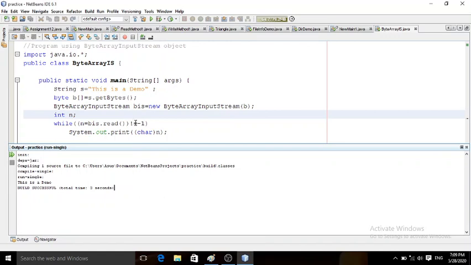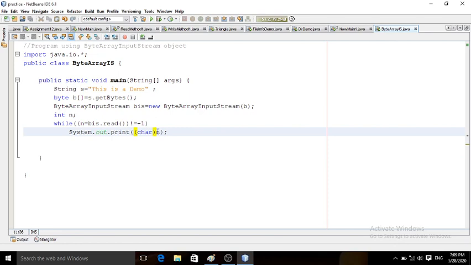At the end of stream it will be indicated by -1, we are getting the value of n as -1, and it will stop this while loop and end the program. So this is executed, and here we are getting output byte by byte, and we got the complete string, this is a demo.